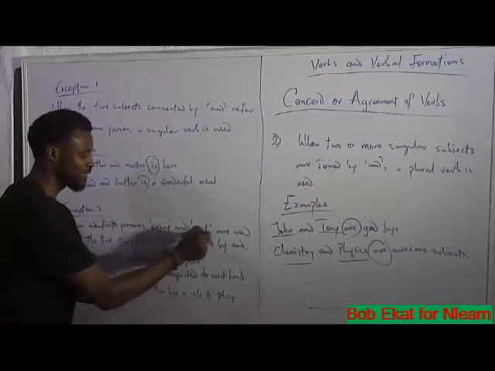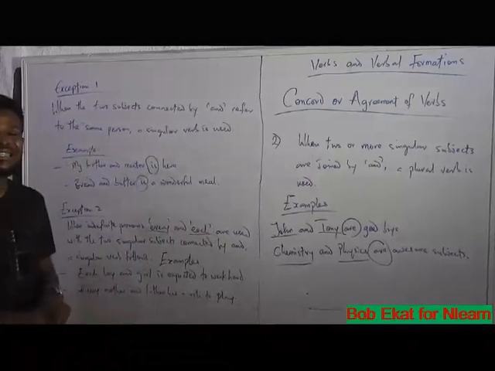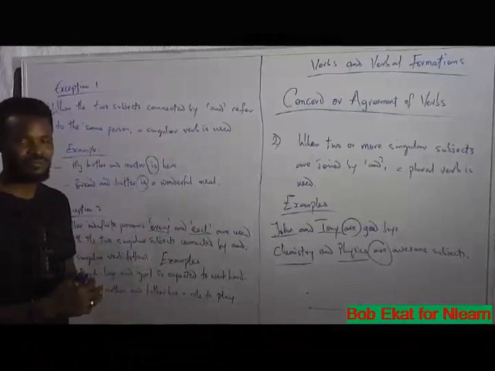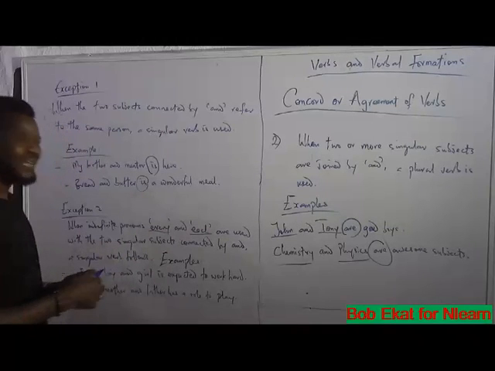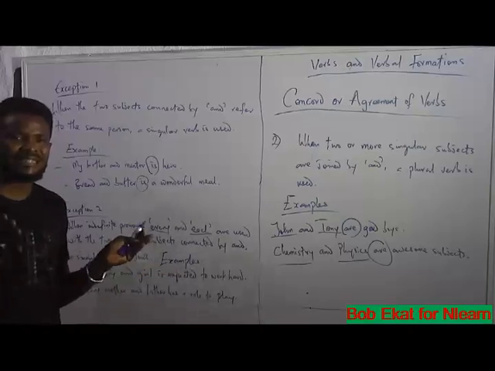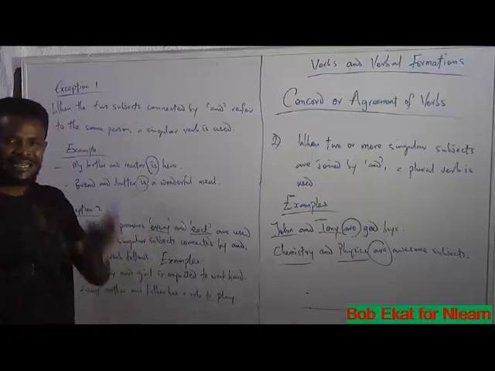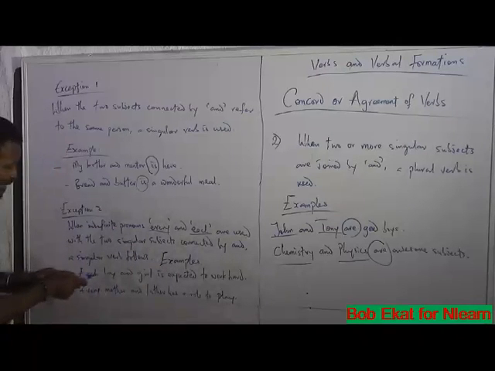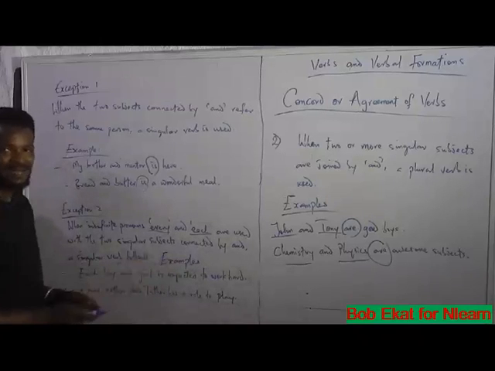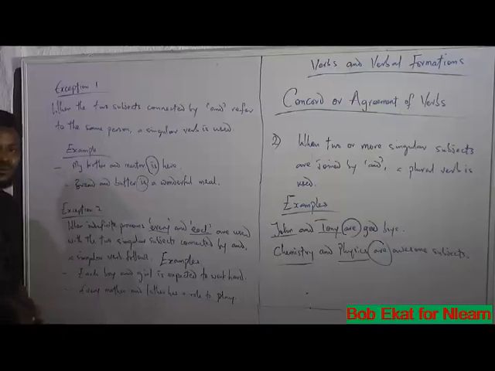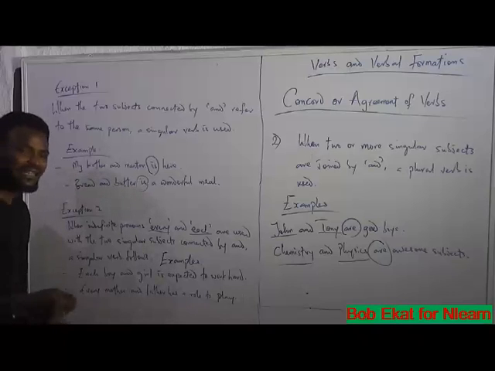Mark these two words. They are called indefinite pronouns. When they are used in a sentence, it therefore means that every part of the subject stands on its own. Each entity stands on its own. When we say each boy and girl is expected to work hard, each boy and girl is expected to work hard. What this sentence means is that